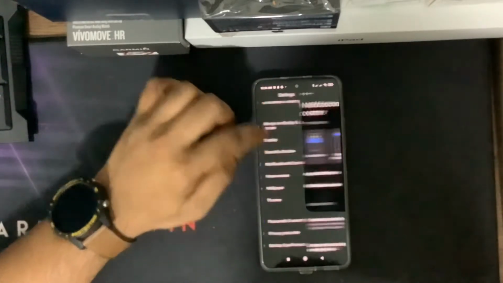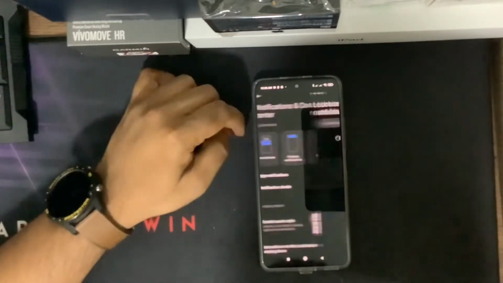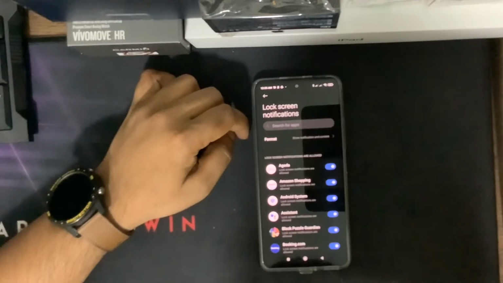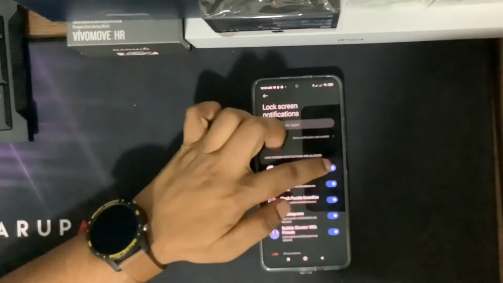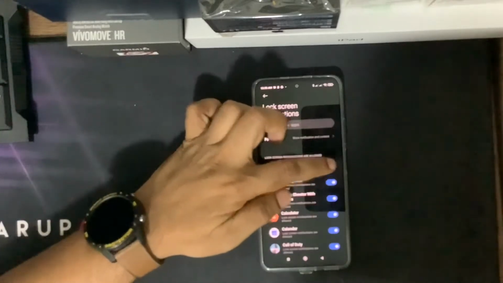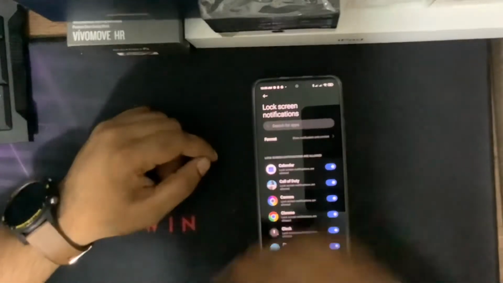Notification and control center. So lock screen first. We don't want too much of a notification on the lock screen, so I'm going to turn off everything.